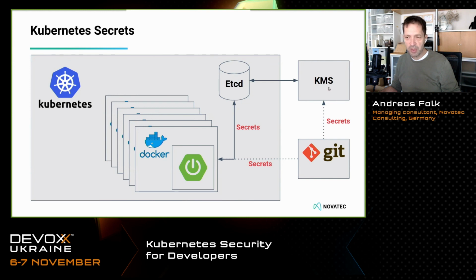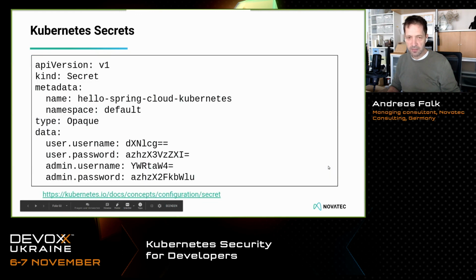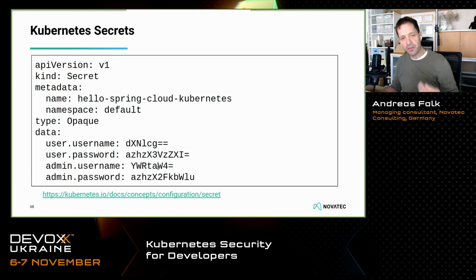These key management systems then do the encryption and decryption. So all secrets are only inside here, and you don't store them in your Git repository anymore in clear text. Kubernetes secrets look like this. That's a special YAML file. As you see here, these are base64 encoded, so not encrypted. And by default, if you don't configure a Kubernetes cluster in a correct way, they are also written only in base64 format in the etcd database.